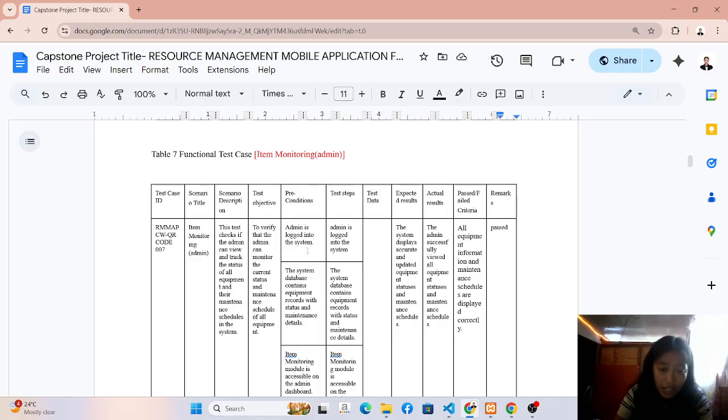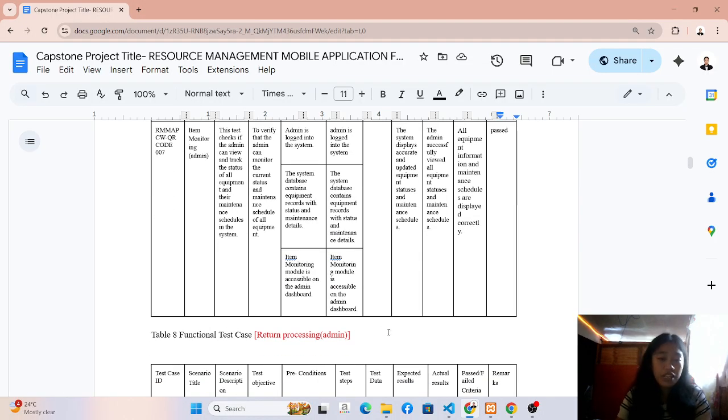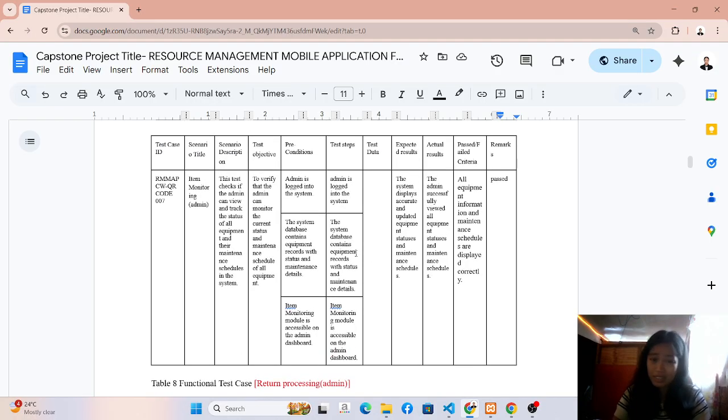Preconditions. Admin is logged into the system. The system database contains equipment records with statuses and maintenance details. Item monitoring module is accessible on the admin dashboard. Test steps. Admin is logged into the system. The system data